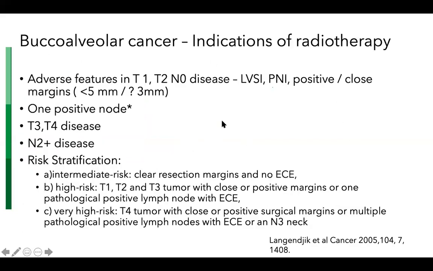So now we come to the indications of radiotherapy. Of course, adverse features in presence of T1, T2 disease such as LBSI, PNI, worst pattern of invasion, positive or close margins. Mostly we take less than 5 mm as a close margin. One positive node may not have an impact on survival, but I do believe that it is good for us to consider radiation in this because local recurrence is actually associated with...